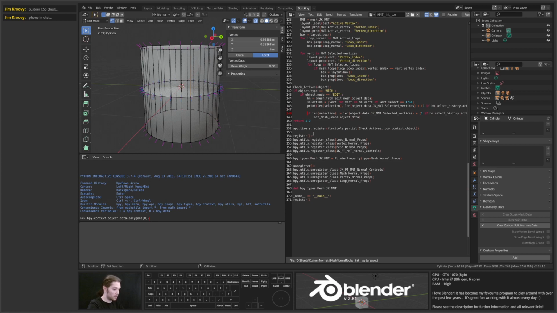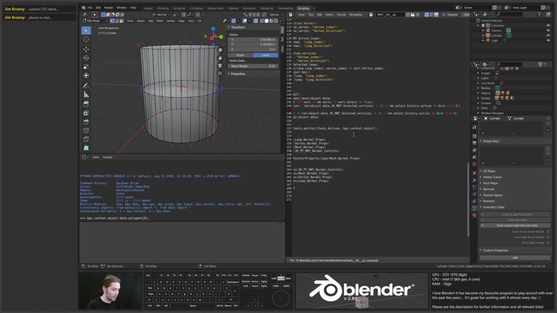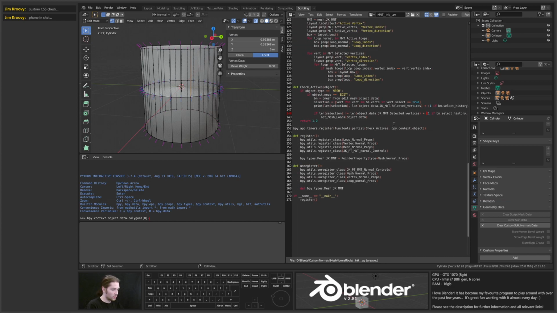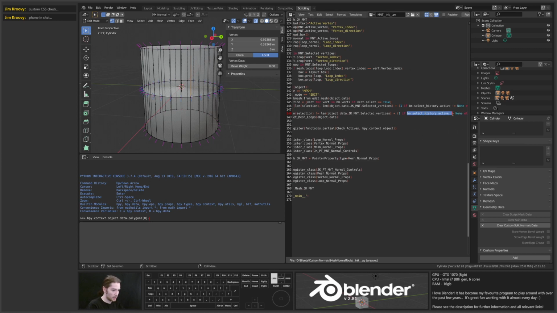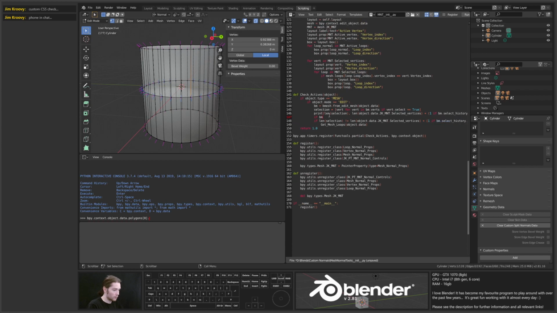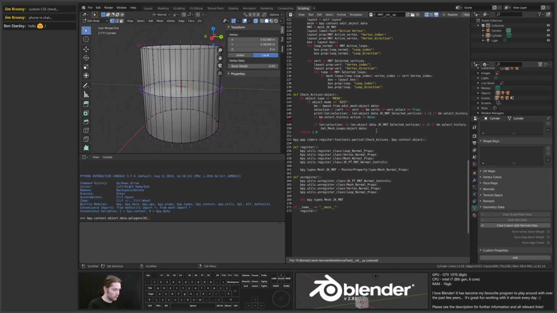So yeah, maybe it's going to be a bit more straightforward to look at if I separate it out, but I could make this into a sort of a ternary condition within a ternary condition. But that's just going to be a pain to look at. So if bm.selectHistory.active is not equal to none, then we're going to want to do that other check that I did have before, which was